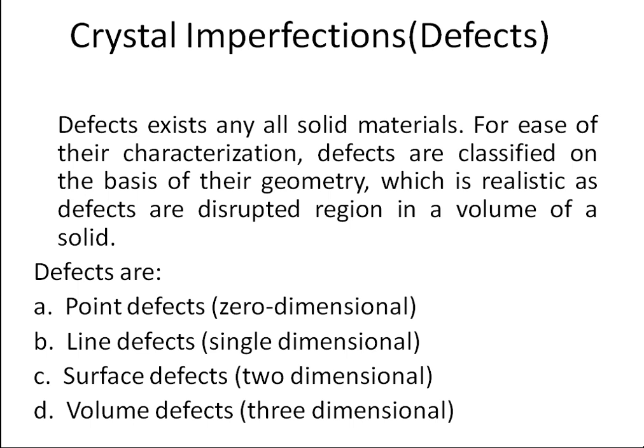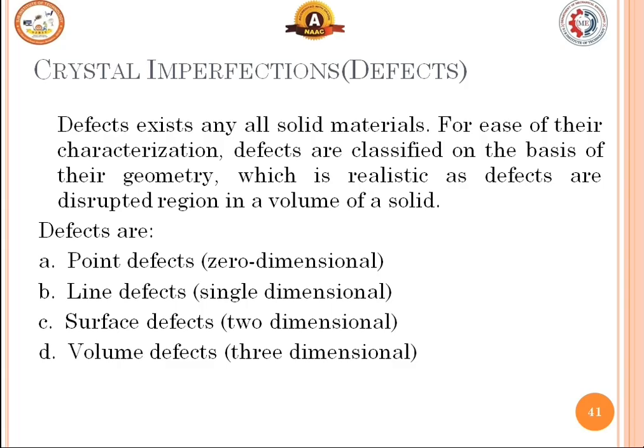So what are the crystal imperfections? Point defect, line defect, surface defect, and volume defect. Defects exist in any solid material. When we go with their characterization, defects are classified based on their geometry. Here, defects are a disrupted region in a volume of a solid. So we have to avoid defects when we manufacture the